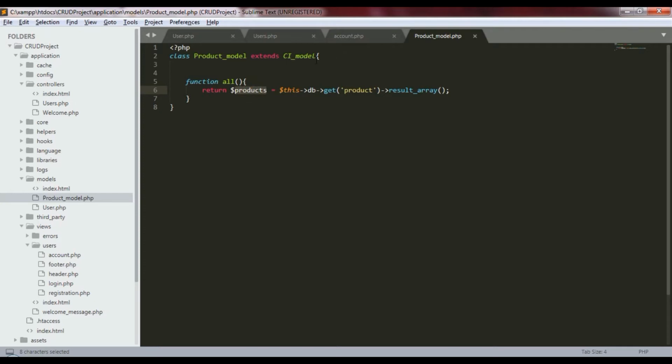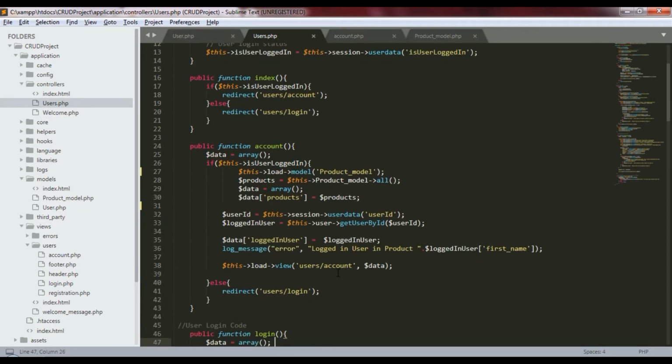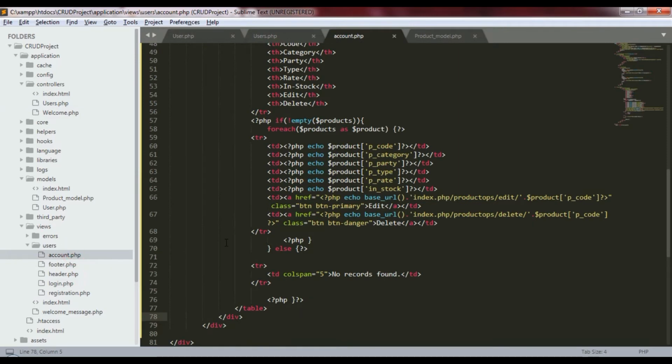So we need to call this function from the user. So whenever the user gets logged in, I need to call this function by loading my model, and then call the function, and then store that data in the products array like this. Okay, so after a successful login, it will route me to the account page. So we need to go to the account page, and we need to iterate it